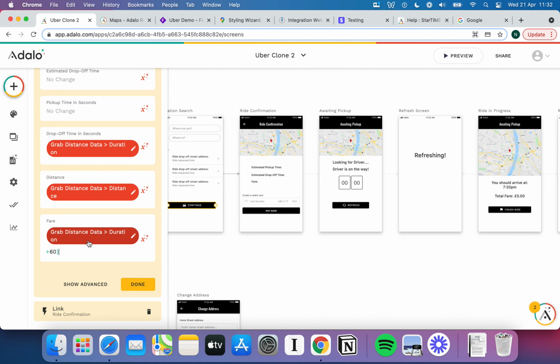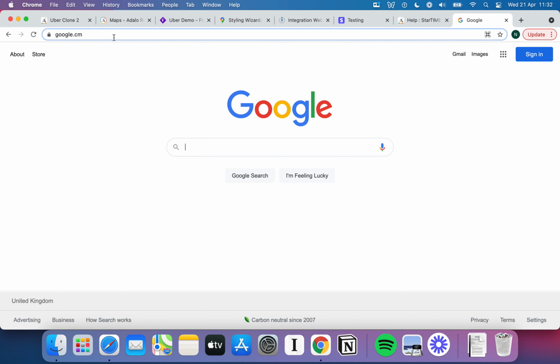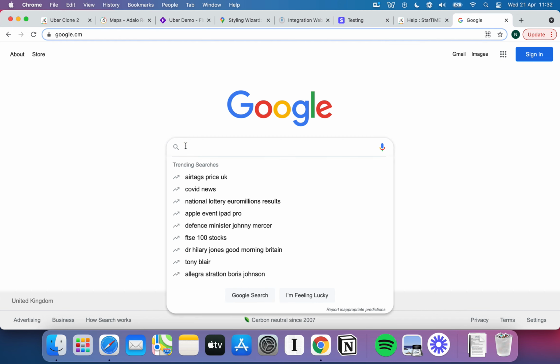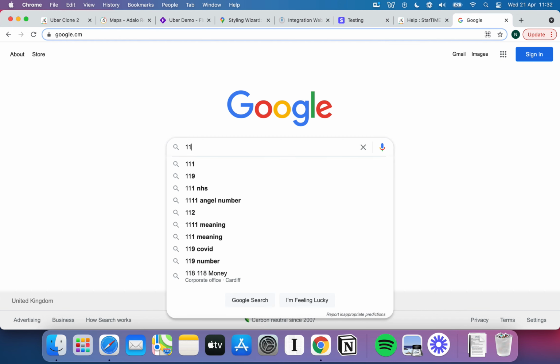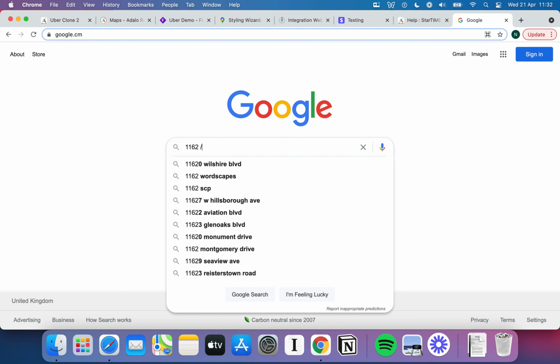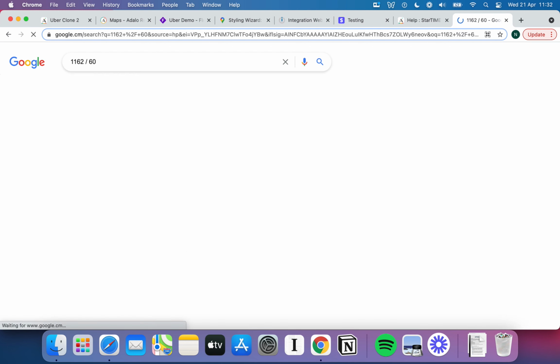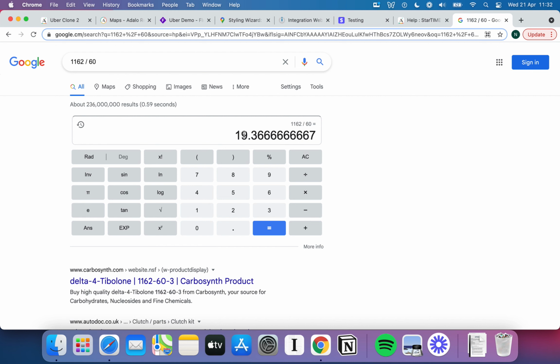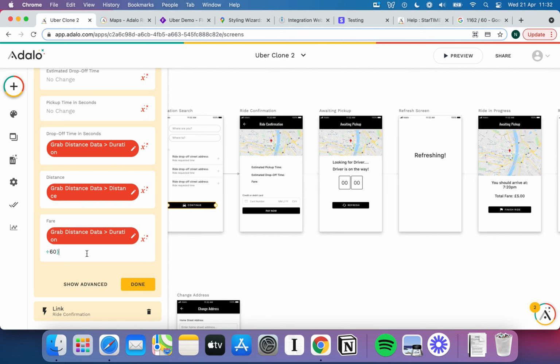So if it's 20 minutes, say it's going to be roughly 1,160 odd seconds. If we divide that by 60, and don't worry about doing it in your head, but if we come into Google and type, what is 1162 divided by 60, what does it look like? That gives us 19, so that's roughly about 19 minutes. And again, don't worry if you're not following along. At the end, I'll try and put a timestamp in for it, but just pause the video and